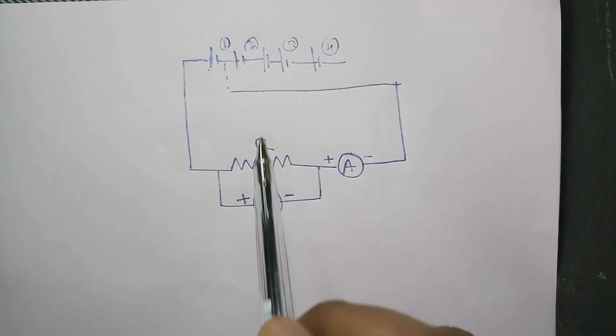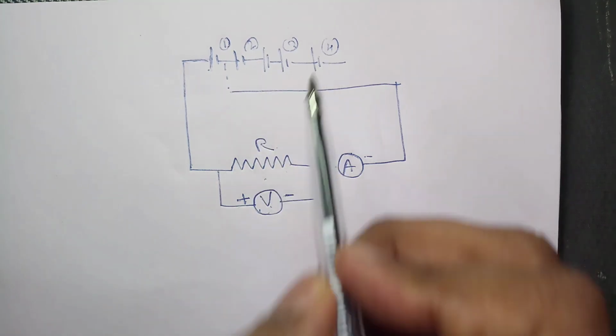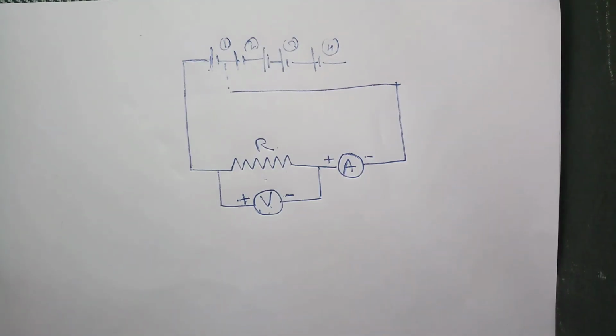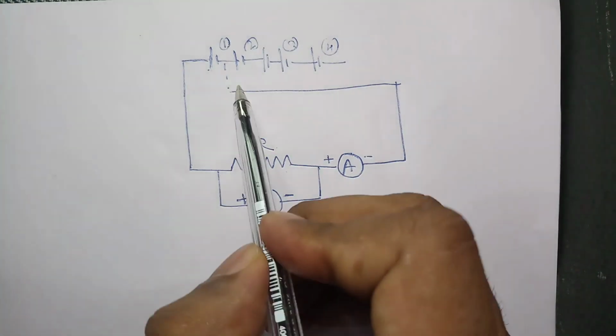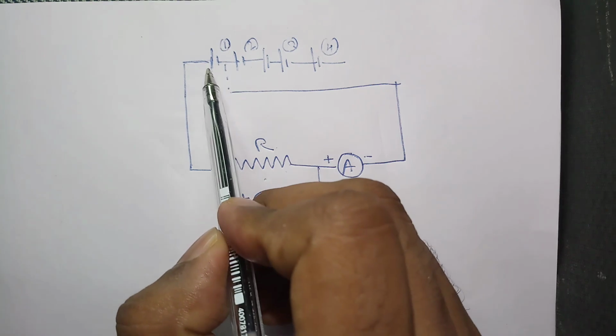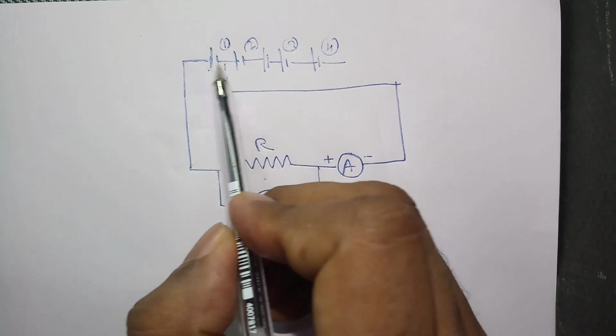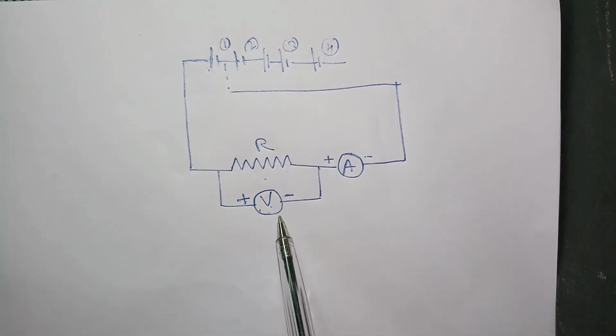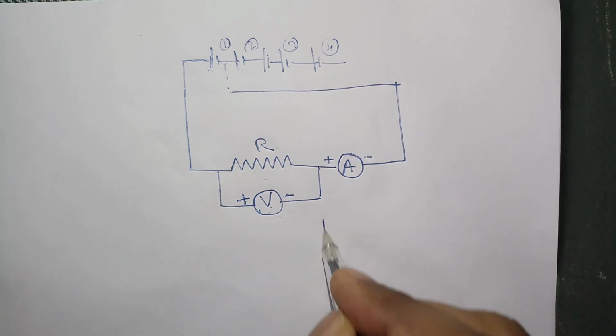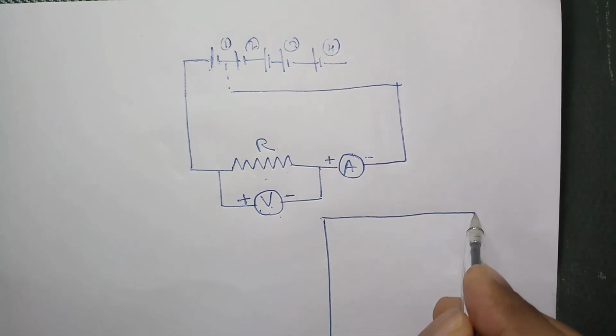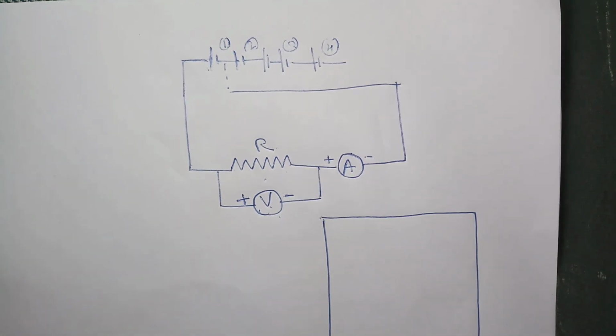passing through that one. So let each cell be of a particular voltage. If the cell which you are using in your torch light or your clock is 1.5 volt, let each of these be 1.5 volt. Now first we will connect only one cell. When you connect only one cell, the voltage here will be 1.5 volt. So I am drawing a table here.